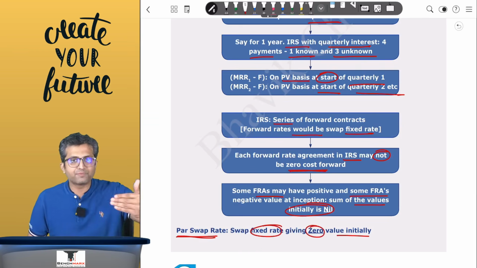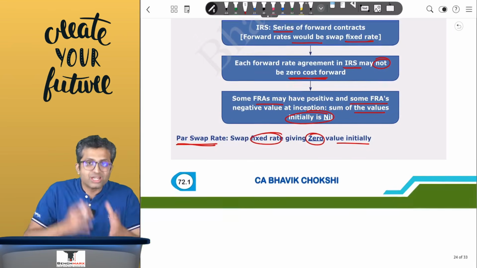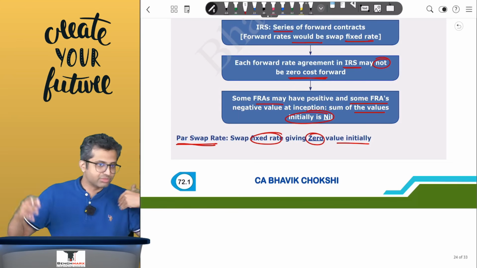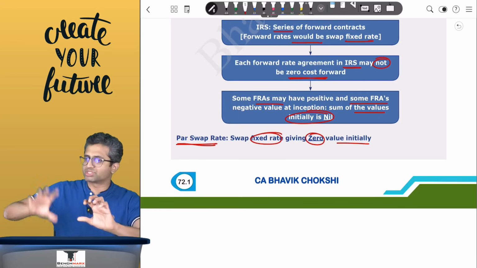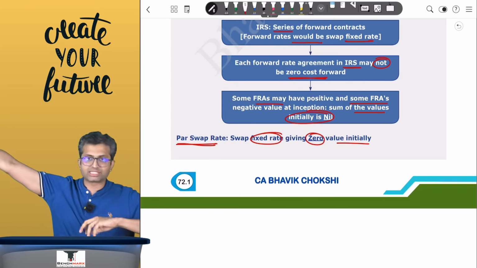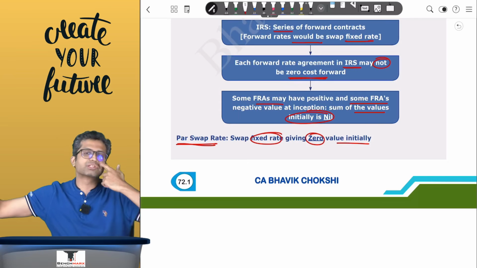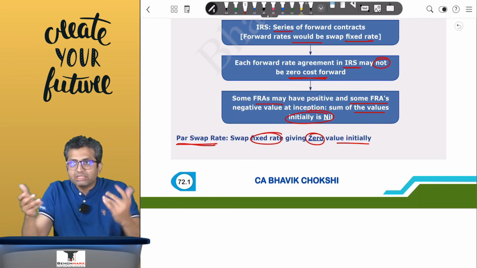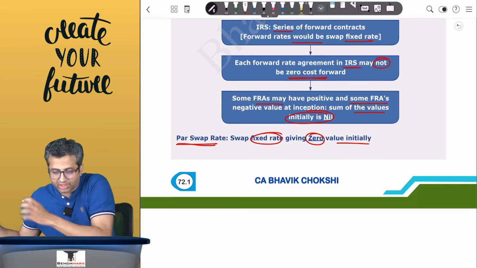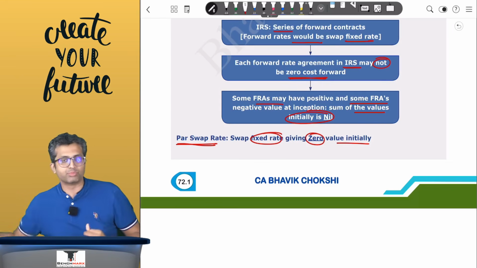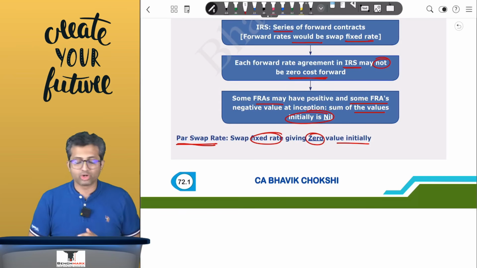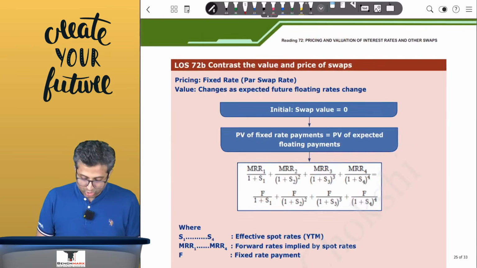Say you are expecting 4 different market reference rates. It may be 4% for the first 6 months, then 5% for the next 6 months, then 7% for the next 6 months, then 8% for the next 6 months. If instead of these 4 different rates there was a single rate in each of these 4 periods, then what would that be? That would be called the swap par rate or the swap fixed rate, which is calculated as